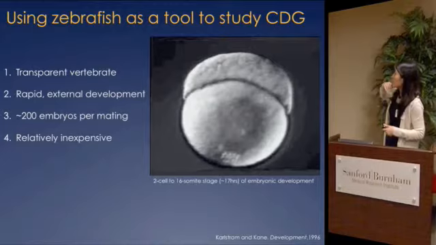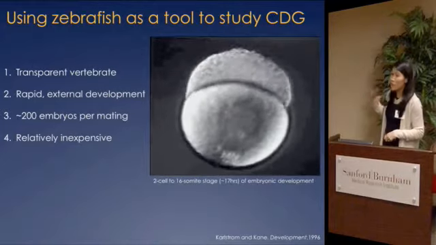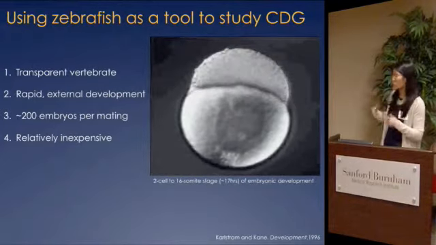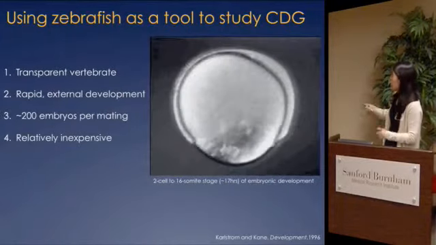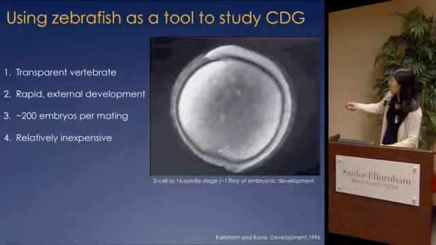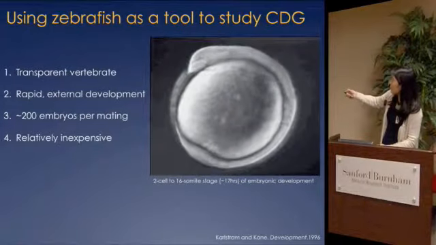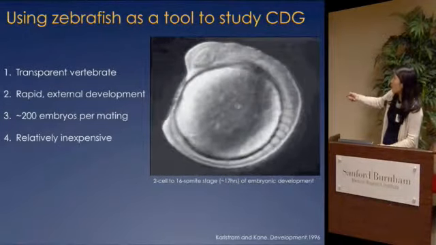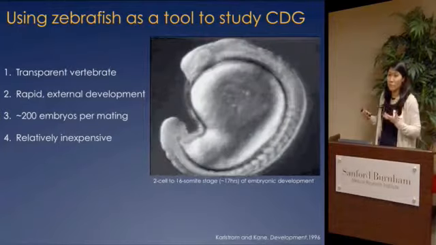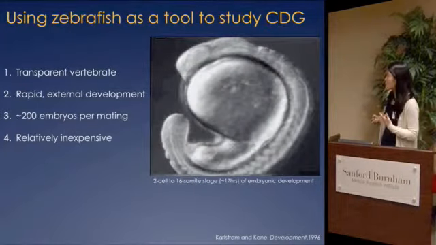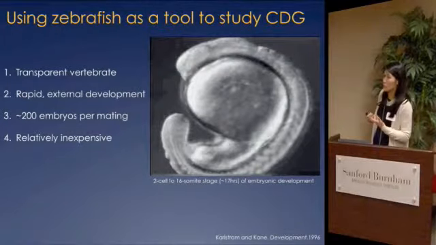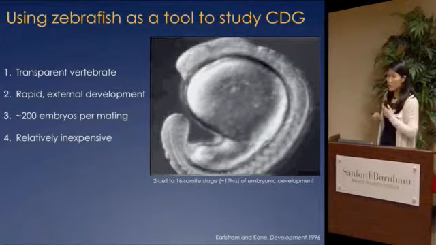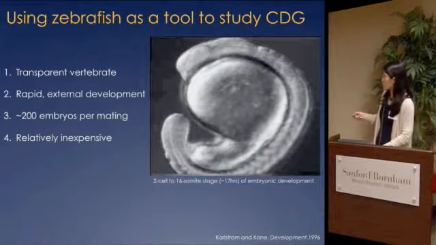And really, the first few hours of zebrafish development is just rapid cellular proliferation. Cells are just trying to divide, and they do that probably every 15 minutes per stage. And so here you'll start to see the tail bud forming. Here you'll see the eye. This is the brain formation. And by 17 hours, you already have a body axis of the zebrafish. You can get over 200 embryos per mating, so the power of statistics for your studies is really great, and it's relatively inexpensive if you compare it to rodent studies.